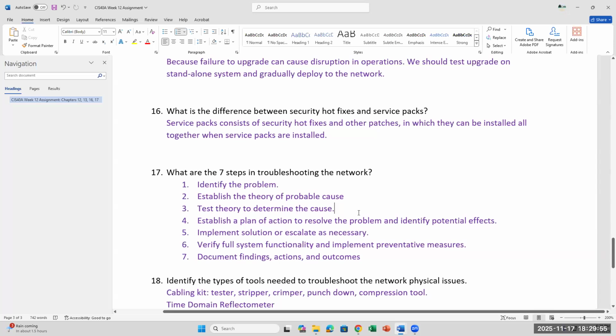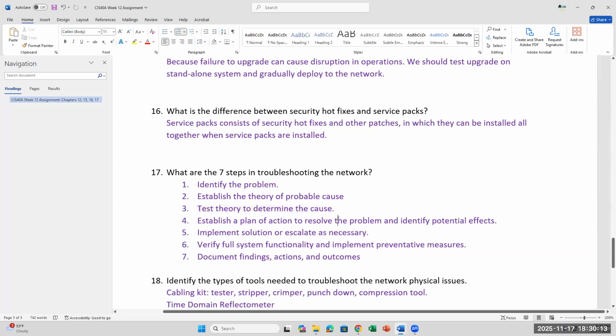Okay, so after I establish a theory, I would test it. So I told Jose, go home and try to install the chipset driver and USB controller and see if that fixes the problem, right? Download it and install it. We can also test the theory in other cases. And then once you have that,